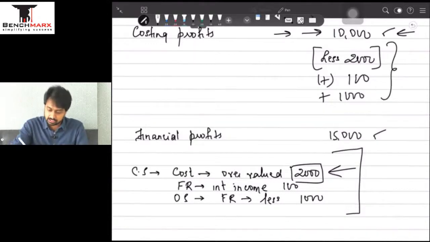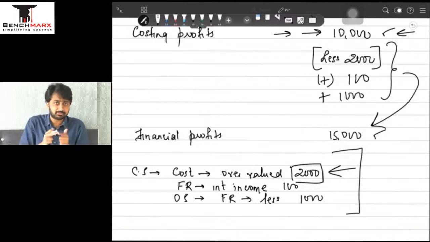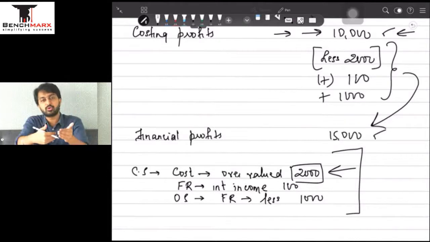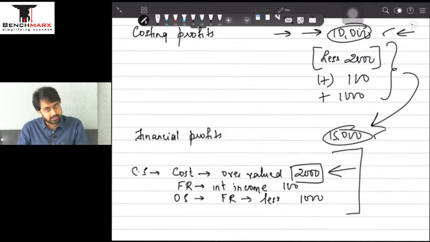after adding and lessening all the transactions, we have to arrive at the 15,000 profits of the financial records. Right. So bottom line, take the impact of any adjustment, figure out which record's profits are more or less, and depending on where you start from, if you are starting from lower profits going towards higher profits, you will add. If you are starting from higher profits and going towards lower profits, you will less. But do not compare 10 with 15 directly. Compare the impact of a transaction and then do add or less.